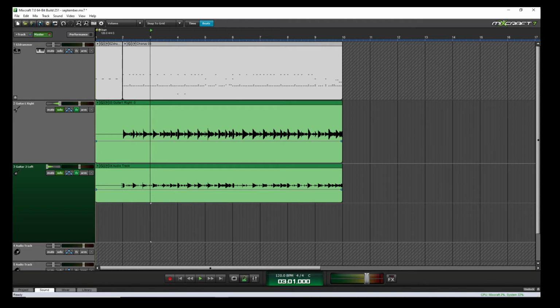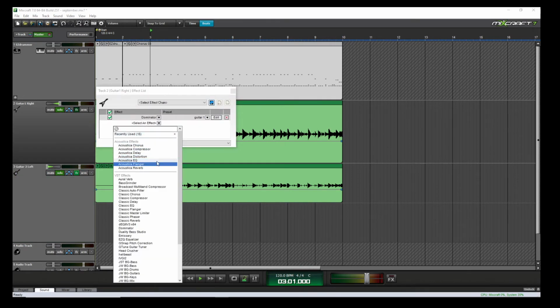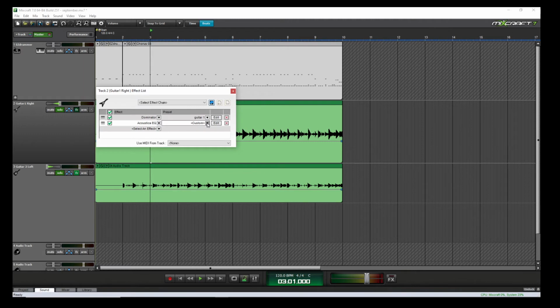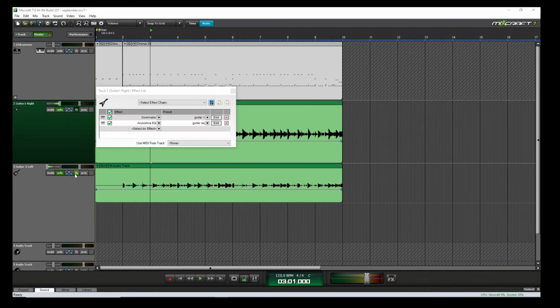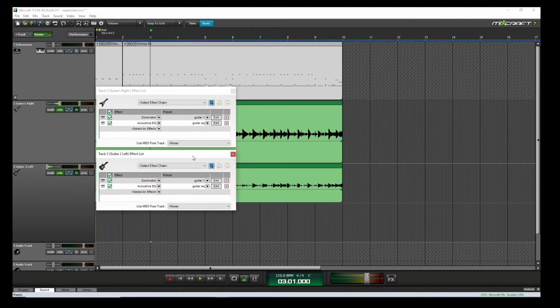Now of course you can go in, add some compression, add some EQ, add various effects to your liking. Mixcraft has got a lot of those, and of course you can use your own plugins. I'm just gonna go ahead and select acoustic EQ, and I've got a custom made one, which is guitar EQ. To show you what I've done there is reduce some of the bass and some mids, just scooped some bits in there, and I'll do the same for the other one. I'll just select it,